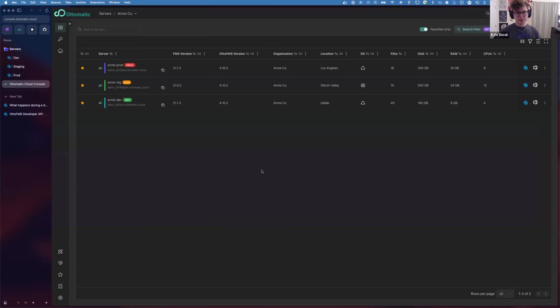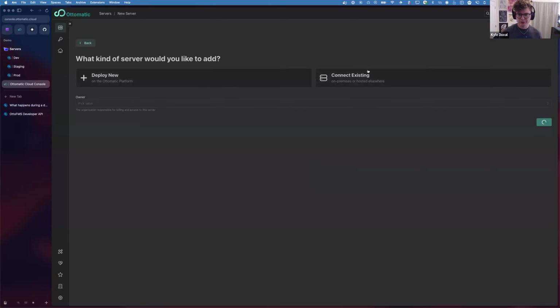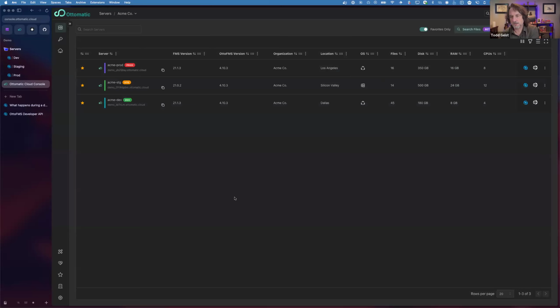And the Cloud Console is completely free. Everything in here is completely free. You can buy stuff from us if you want to, but you can also connect on-prem servers just by clicking add server up here and saying connect existing, and then you can add whatever you want, as long as it's publicly available on port 443. If you can hit the URL, then you're good.